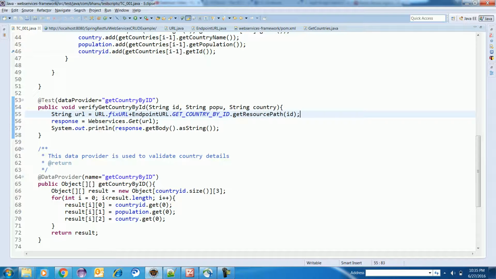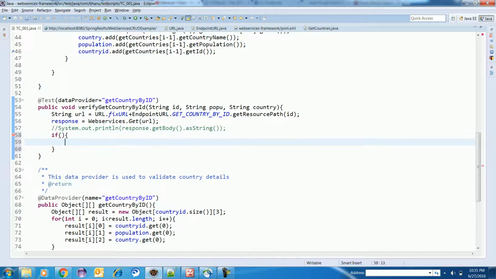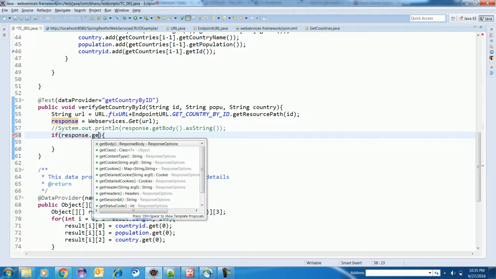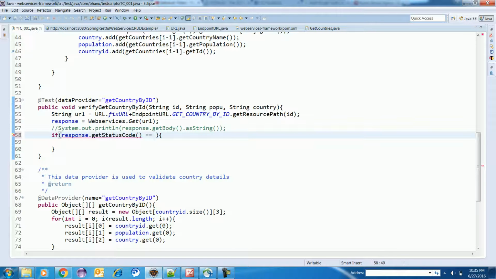Now what I'll do is, in fact this is also not required now. So what I can do is write if, because for every ID we need to verify the details. So I can write here if response.getStatusCode is equal to 200.